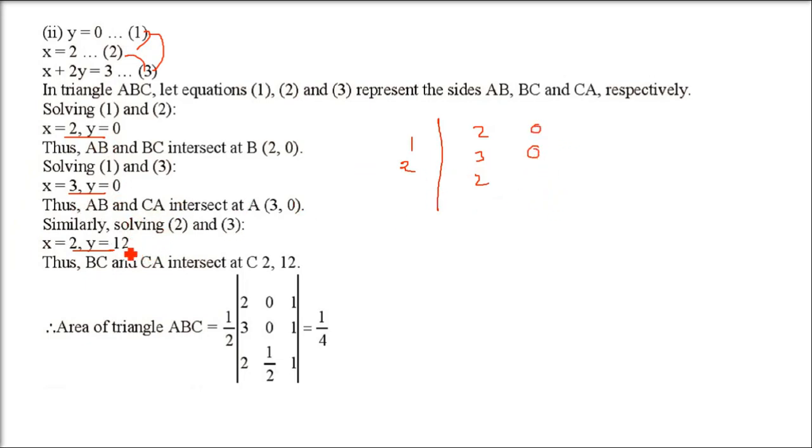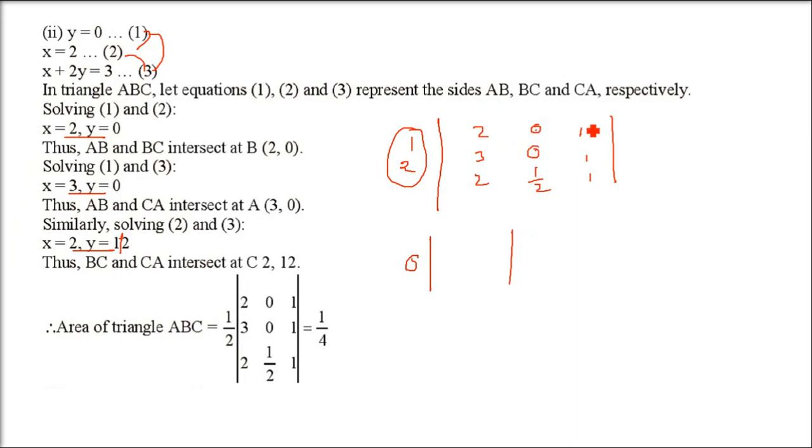This is 1 by 2, okay? And then we have 1 1 1 in the third column. Now how are we going to solve it? Whenever we see it, don't worry about half. Now I can see two zeros, so I'll take the second column. So 0 I'm going to take.